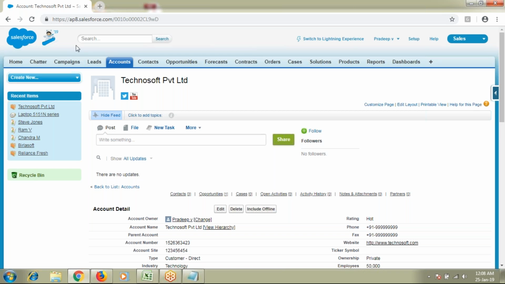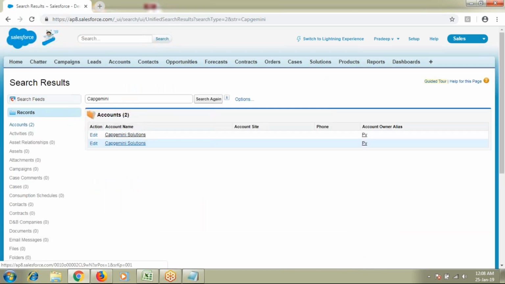Because of this, it is called your global search. So on the topmost here we call it a search. So this is actually called a global search. So whenever I search for, let's suppose, Capgemini, so Capgemini is my customer. Whenever I click on the search, here I am getting two records. So should I go with the first record or should I go with the second record? I don't know. So that is why you always have to maintain one single record, not duplicate records.